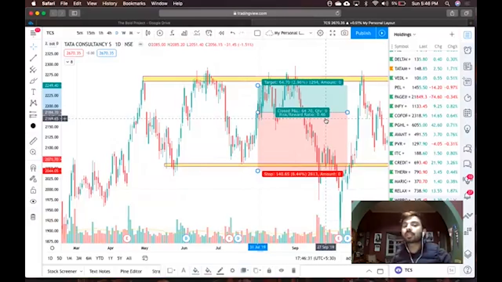I hope this concept of targets, stop loss, and risk reward ratio is clear. My main idea would be to always go in for trades which are much more than 1:1. 1:1 should be the minimum criteria. Never go below 1:1. Good trades can be 1.5:1, 2:1, and 3:1. Then if you get the momentum in the market, that's up to you. But never go for a trade below 1:1.